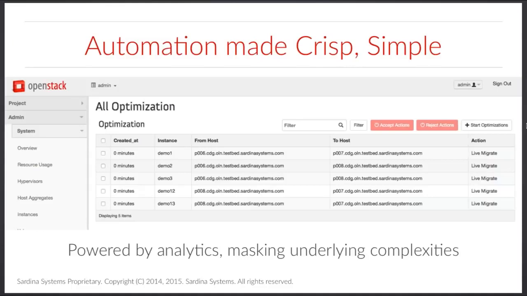He doesn't need to worry about that. As we see here, we have a component for optimization, which is integrated as a plugin to OpenStack Horizon, which is the OpenStack user interface.